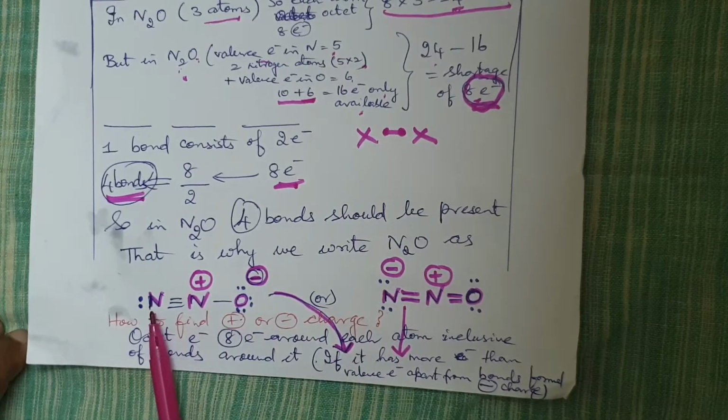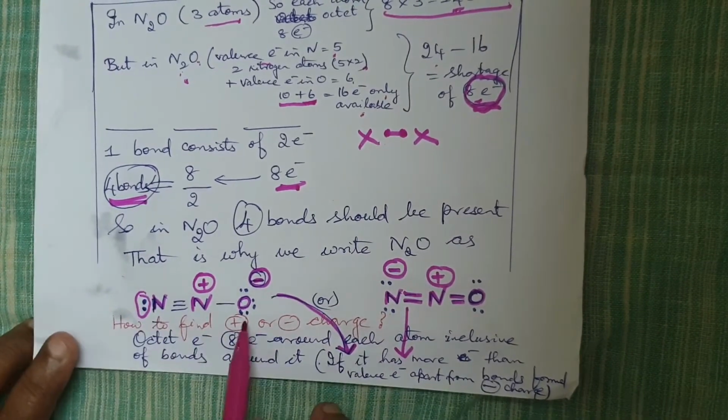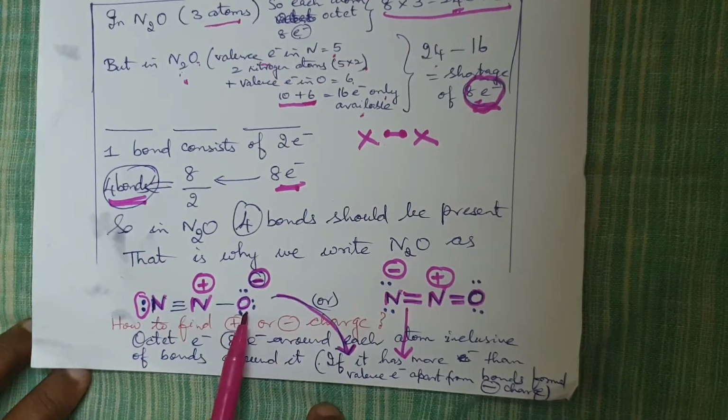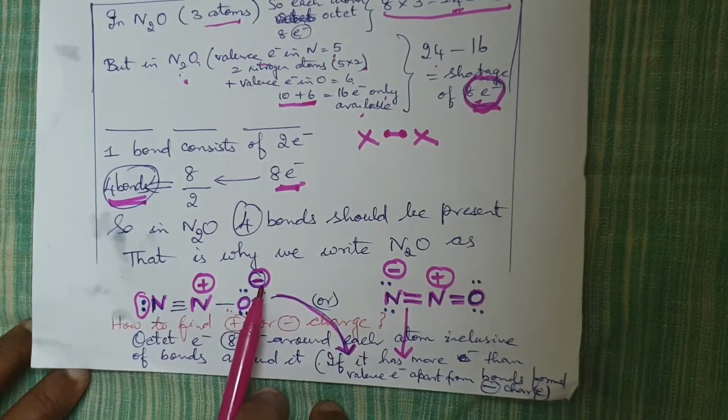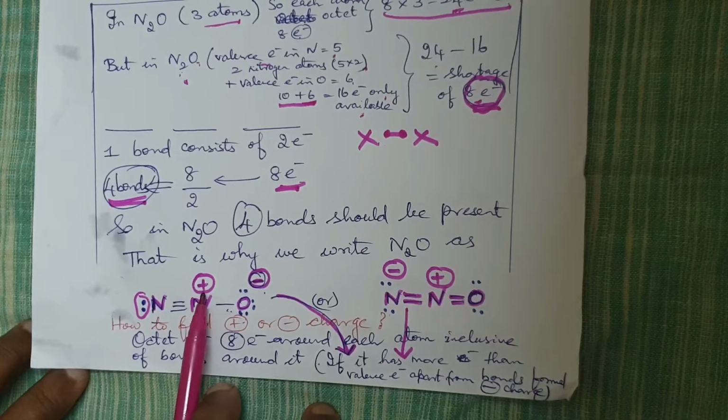Let us take this first nitrogen atom. 3 bonds are there. 3 into 2, 6 electrons have gone in the formation of the bond. So 8 minus 6 will be 2 electrons which are present as lone pair of electrons. Now, oxygen has got valence electrons of 6. So, there are 3 lone pair of electrons already amounting for the 6 electrons, and in addition there is a bond there. So, oxygen will be carrying a negative charge. If oxygen has got a negative charge, the atom next to it will be carrying the positive charge.